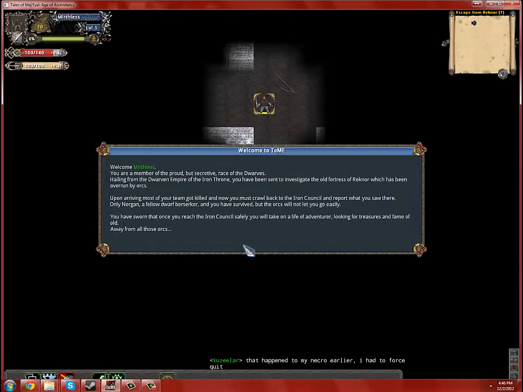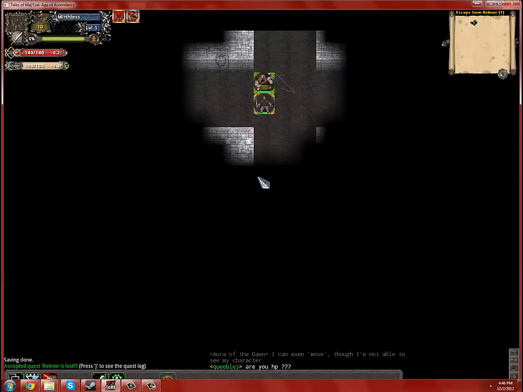The opening for the dwarf starting area finds your character in a place called Reknor, which is a dwarven city north of your dwarf starting area. The city's been taken over by orcs, and your scouting party, who you were in charge of, has been completely wiped out. All that's remaining is you and a dwarf berserker named Norgan, and you have to survive against waves